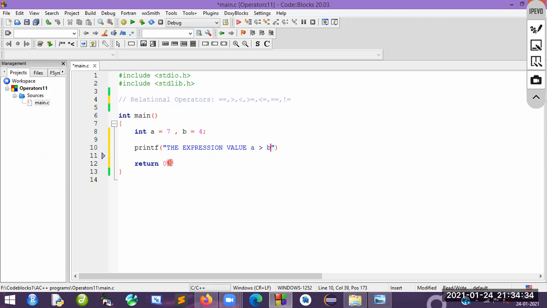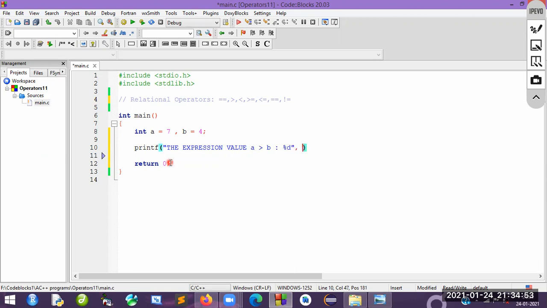For this we will get the answer, yes or no. So we will print a message, the binary value 1 or 0. 1 is true, and 0 is false.